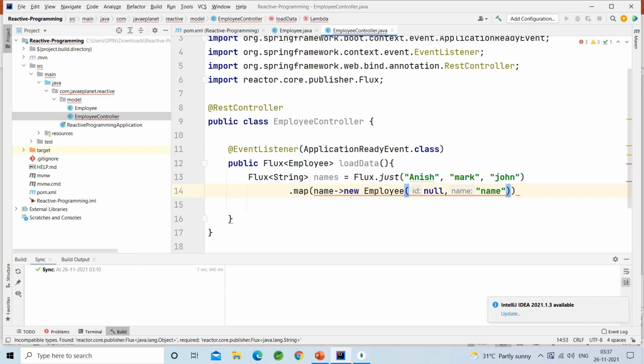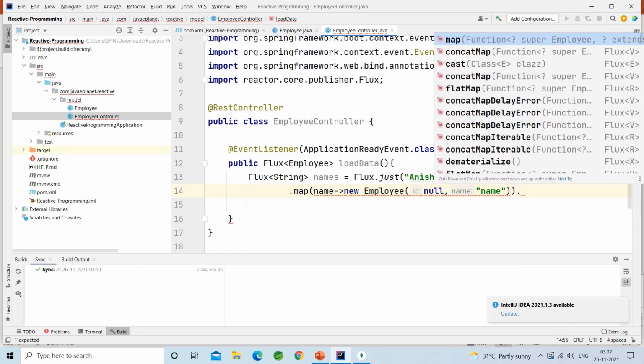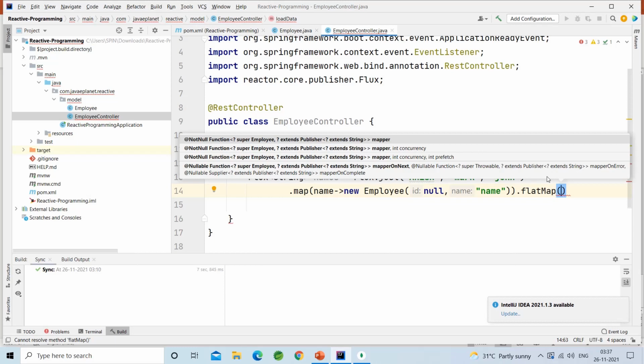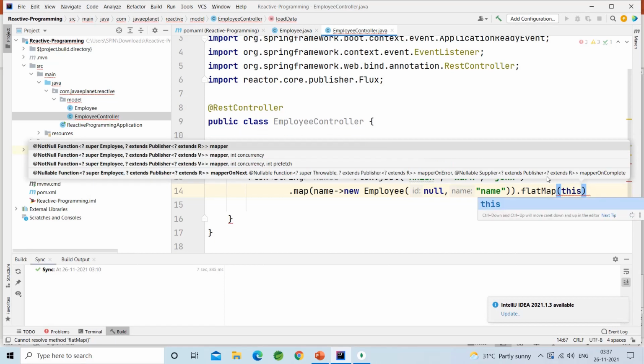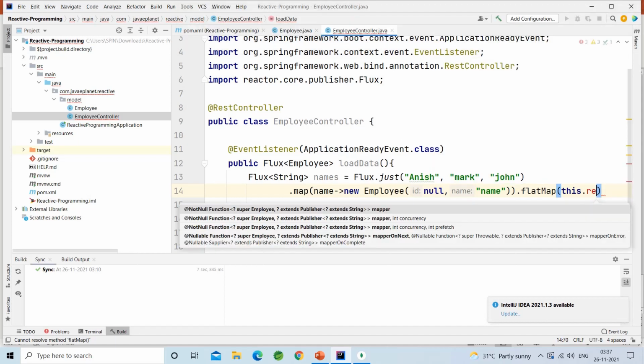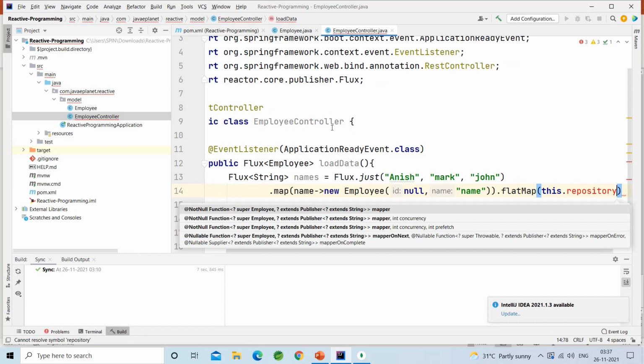Name as name. Dot flatMap. I am saving this into this.repository. Let me create the repository.